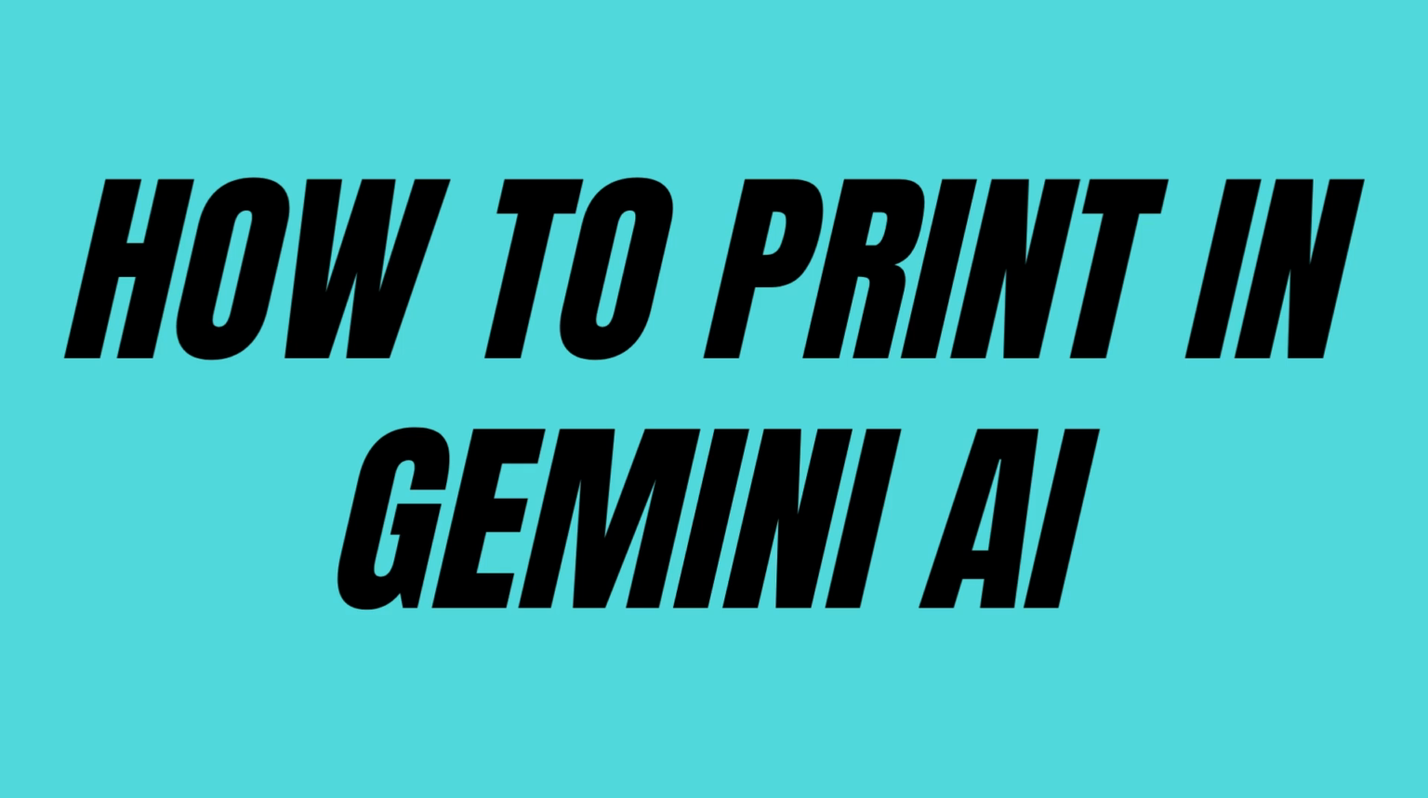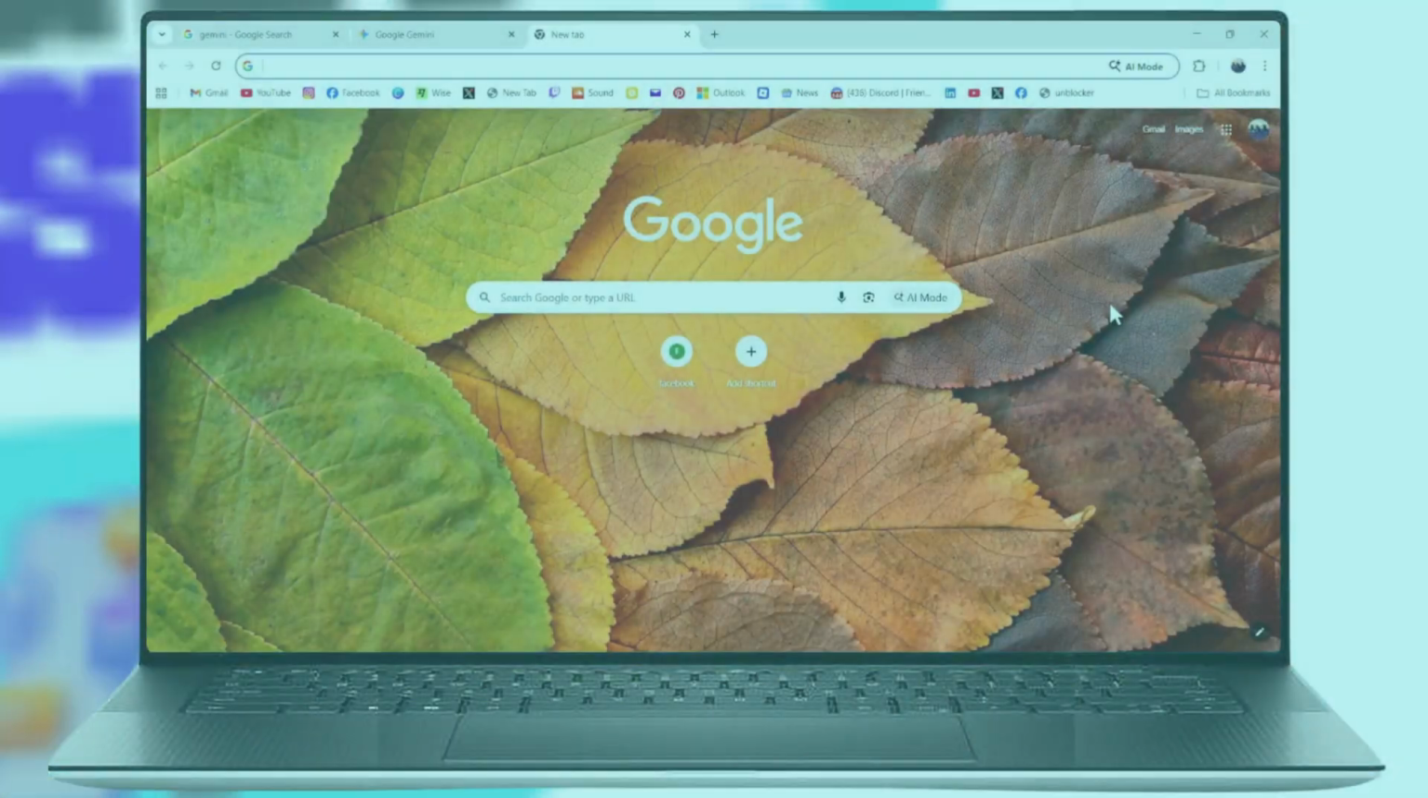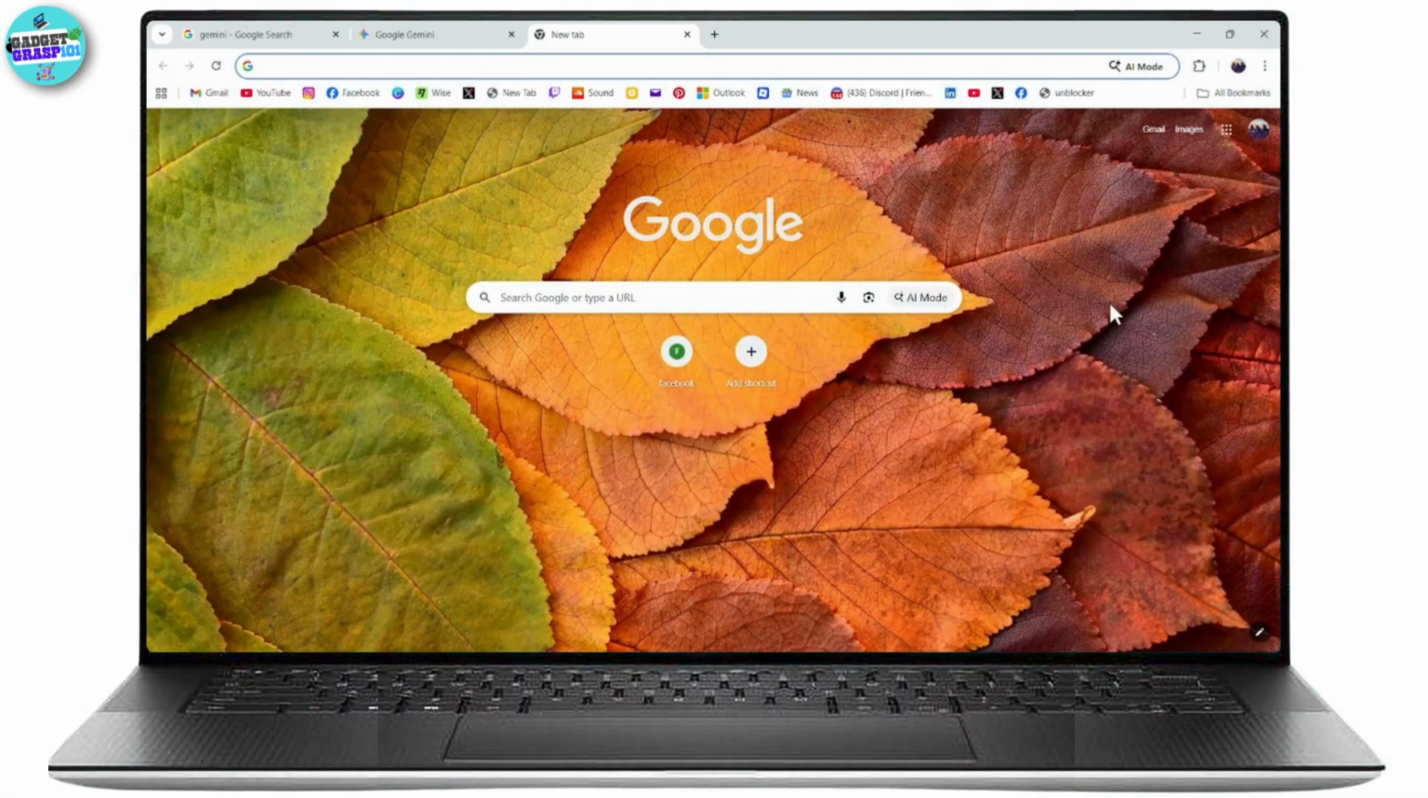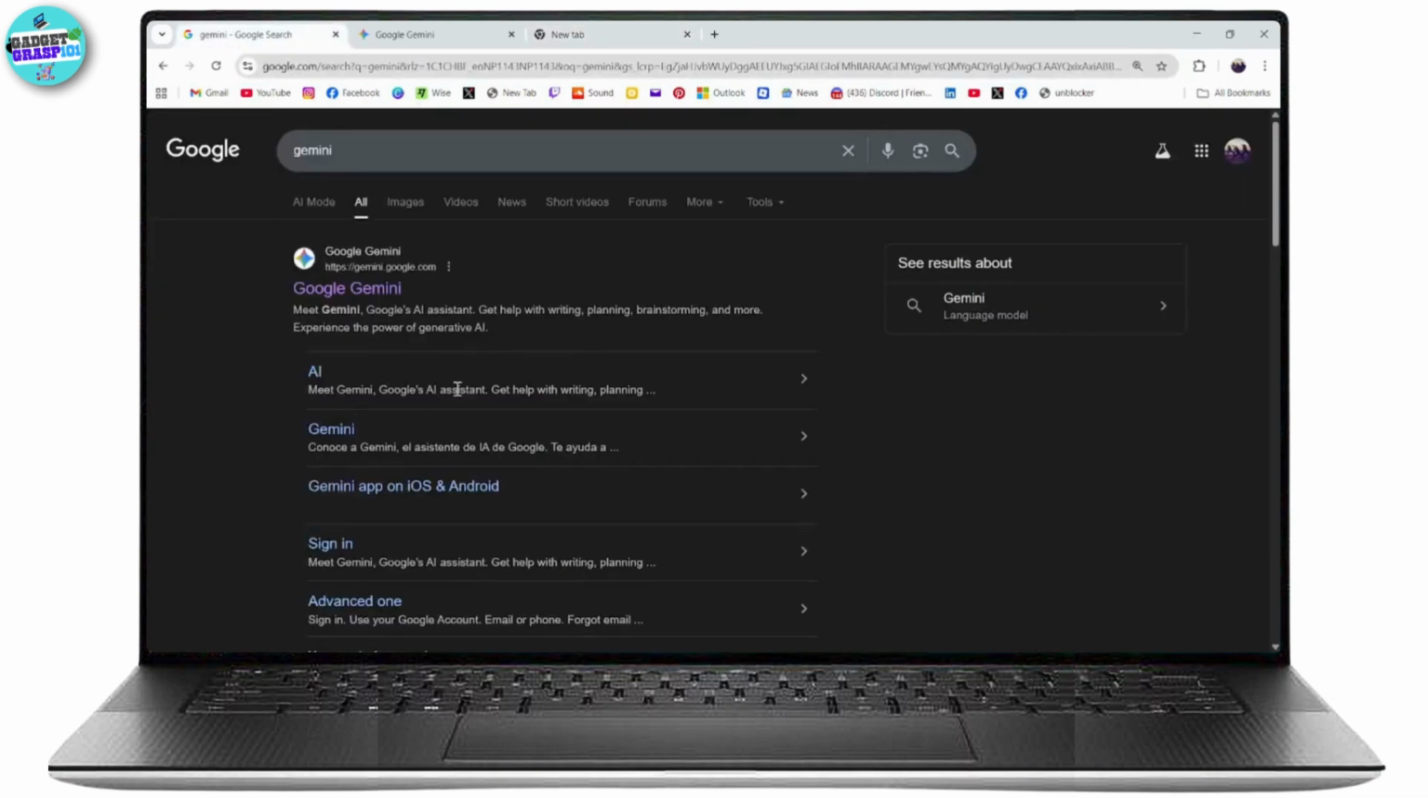How to print in Gemini AI. So if you want to print in Gemini AI, then what you need to do is first make sure that you have a stable internet connection. Once you have the internet connection, you need to open up your browser, and on your browser you need to search for Gemini. Now once you search for Gemini, you need to go with gemini.google.com and make sure that you've